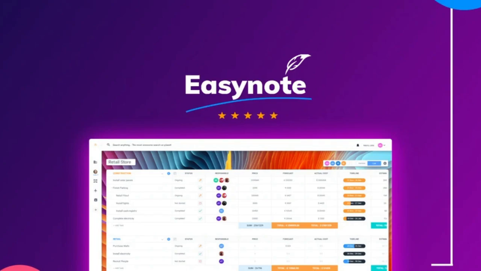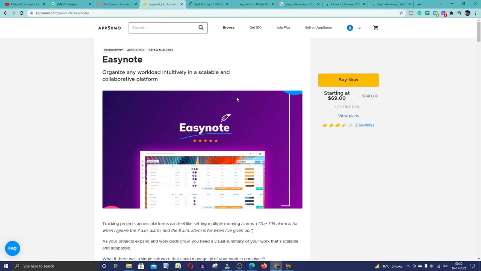You can buy this tool from the AppSumo Marketplace, a digital marketplace for entrepreneurs where you can find digital tools for your business and automate your entire business. If you buy this tool from here, you will get it for just $69. You just have to pay one time and you can access this tool for life.